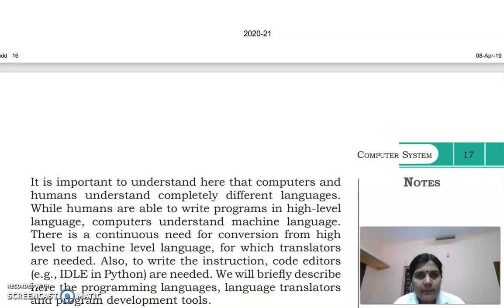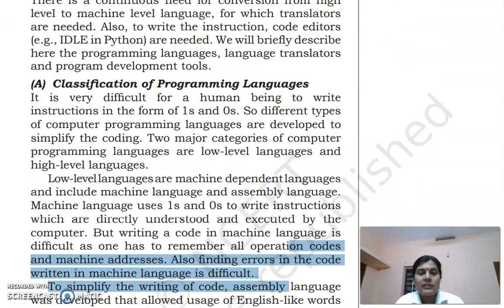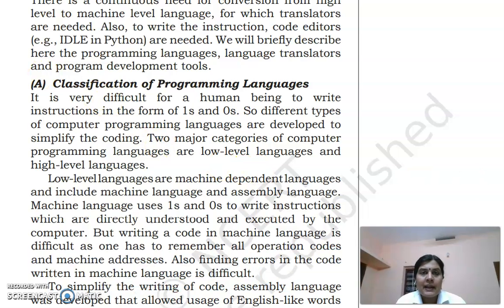We write programs in our own language, which is known as high level language. The computer's language is known as machine language, which is also known as low level language. If we want to give some input, there may be a continuous transformation of data. We are giving instructions in high level language, but the computer can only understand machine language or low level language. So in each line a conversion takes place.